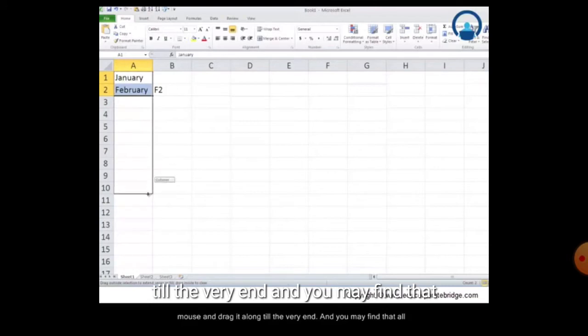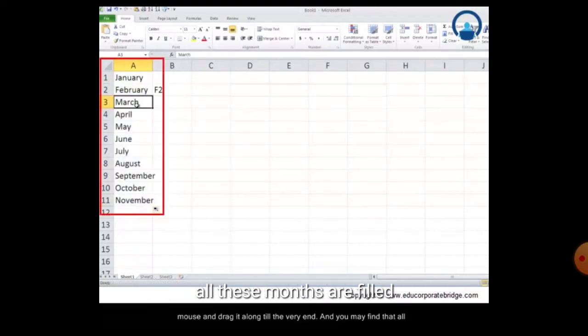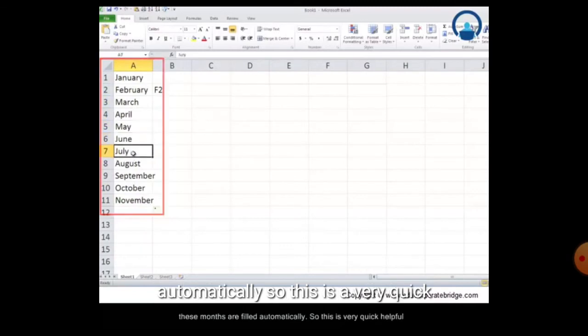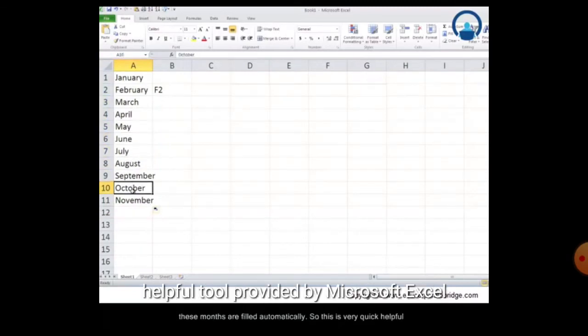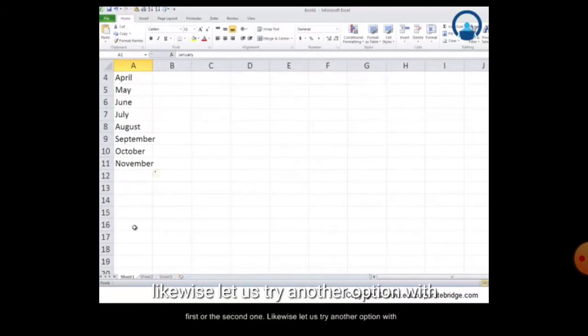Drag downward, and you will see all the months appear automatically. This lets you fill all the months automatically, as you can see on the screen. No need to type them in with your keys.